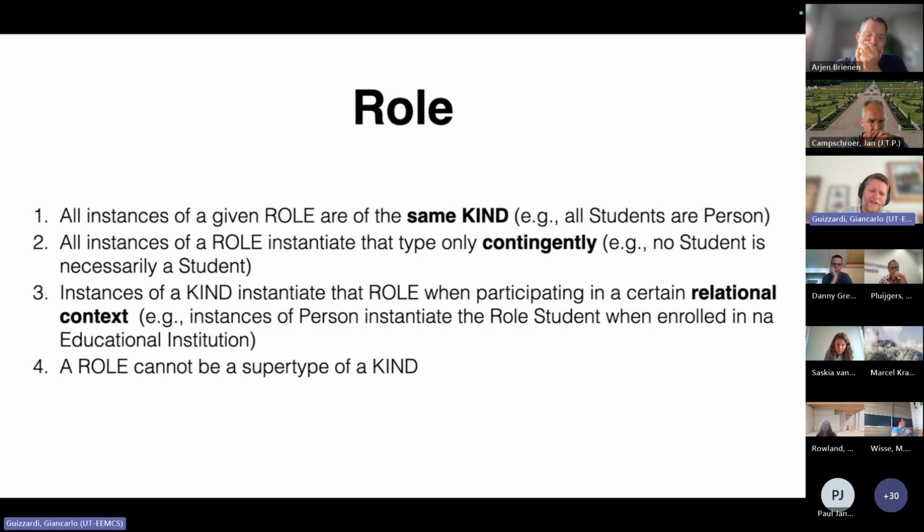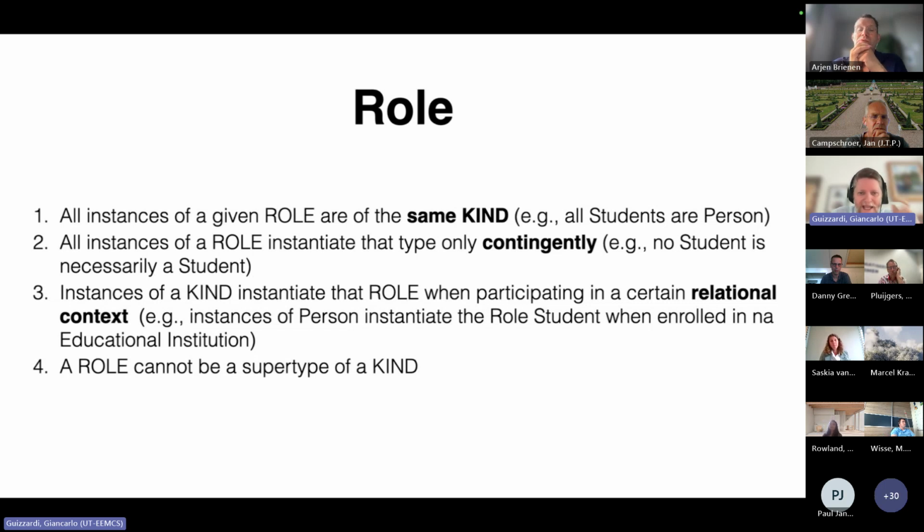And there are other constraints which are less obvious, but equally important. For example, you cannot take a role and put it as a supertype of a kind, because this will lead to a logical contradiction, so the model becomes logically inconsistent. You think that people will never do this, but this is actually a very common mistake. People want to say customers can be both person and organization, and put customer, which is either a role or a role mixin, as a supertype of